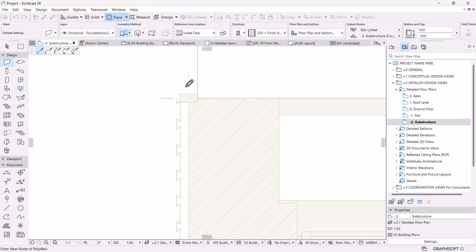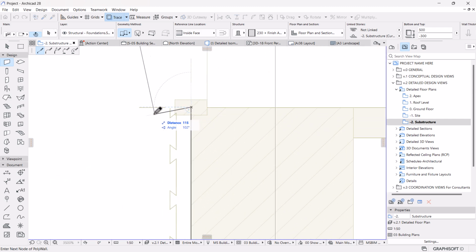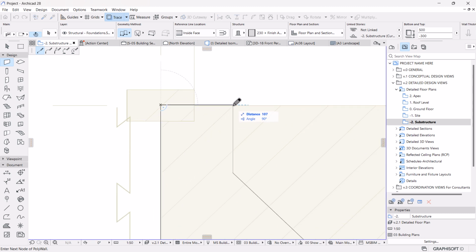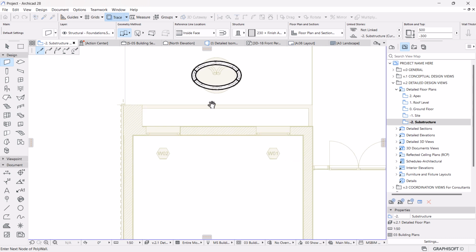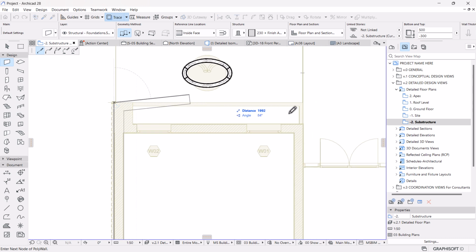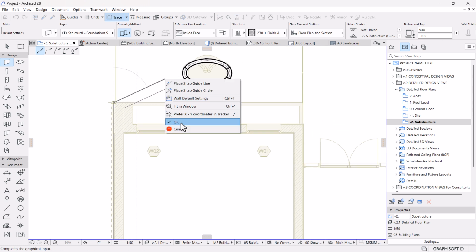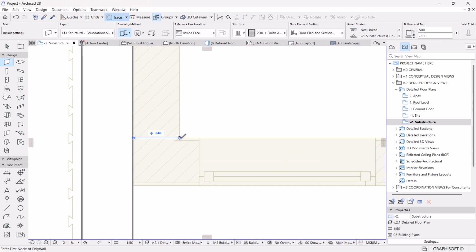I'm gonna quickly do that. Oh, this is not accurate, see? So I'll come back and fix that. The good thing with, and then that is not the right wall. Let me right click, hit OK. So I can start over here